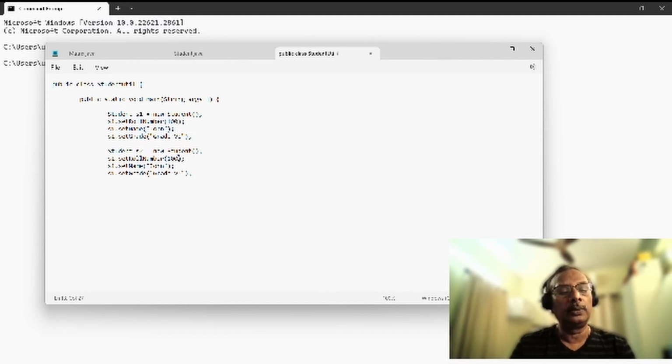I say roll number is 101, Peter, and grade 7. Okay, now I have created two student objects, S1 and S2,